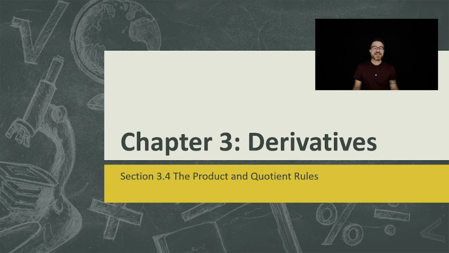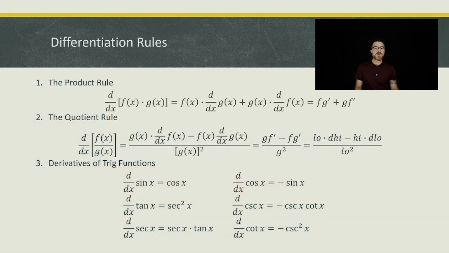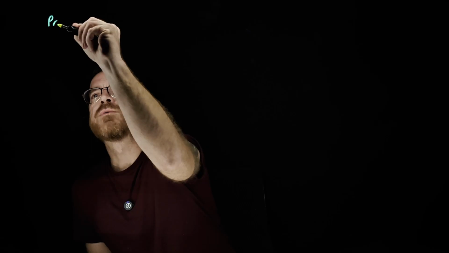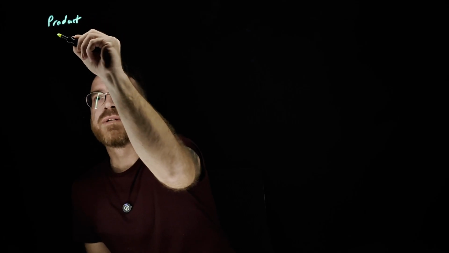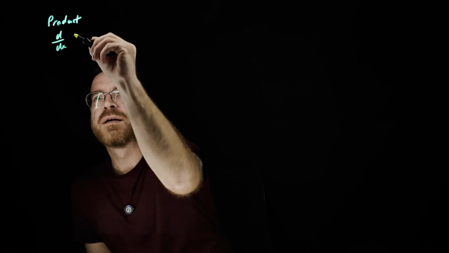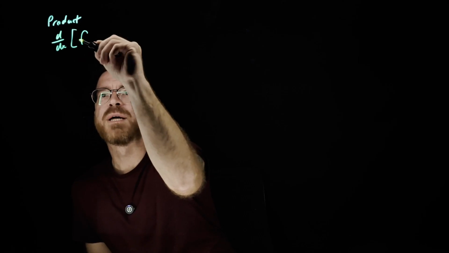Hello everyone. In today's lesson, we're going to be going over the product and the quotient rule for solving derivatives. So let's start with a couple rules. The first is our product rule. So our product rule says that if we have the derivative d dx of two functions multiplied by each other,